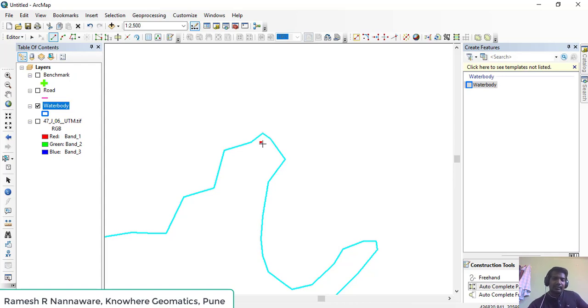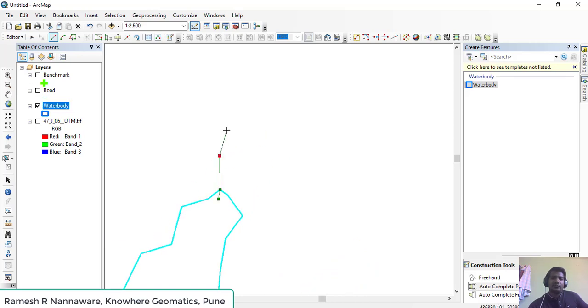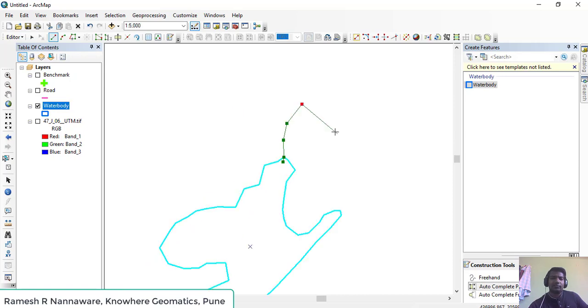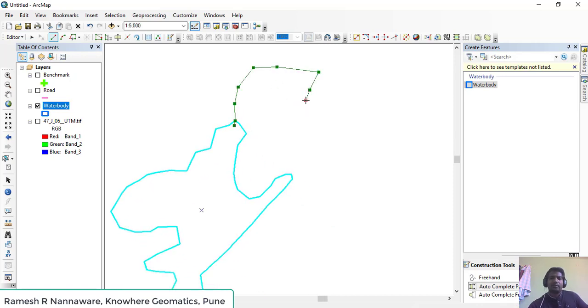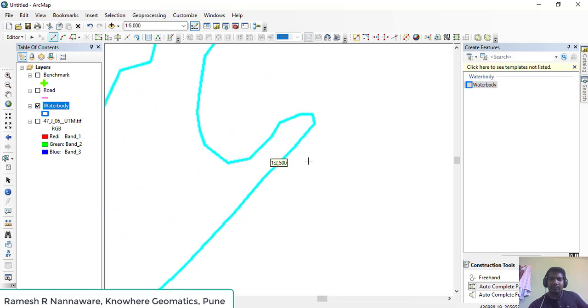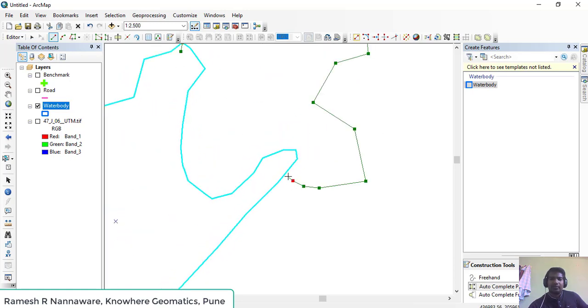So inside a polygon, click once and then start digitizing the outer shape of the adjacent village as per the shape of that particular village. Now I am making it randomly because I don't have any such data. Suppose that particular village boundary is common up to this point. So at the end again I have to click once inside the polygon, and after that just double click.